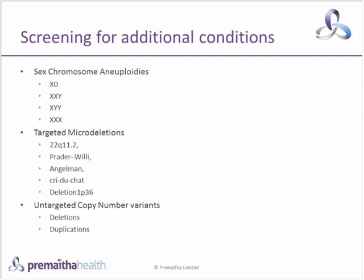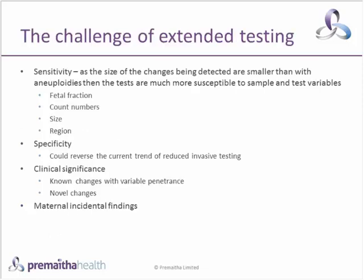So we can look for sex chromosome aneuploidies, X0, that's Turner's syndrome, Klinefelter's syndrome, XXX syndrome. We can look for targeted microdeletions, which are associated with certain genetic conditions. Or we could look for untargeted copy number variants. We could look for deletions, or we could look for duplications in the genome in a general way, not saying we're looking for specific changes, but looking for any change. So there's quite a lot of power in the technology to look more deeply into the genome, but it comes